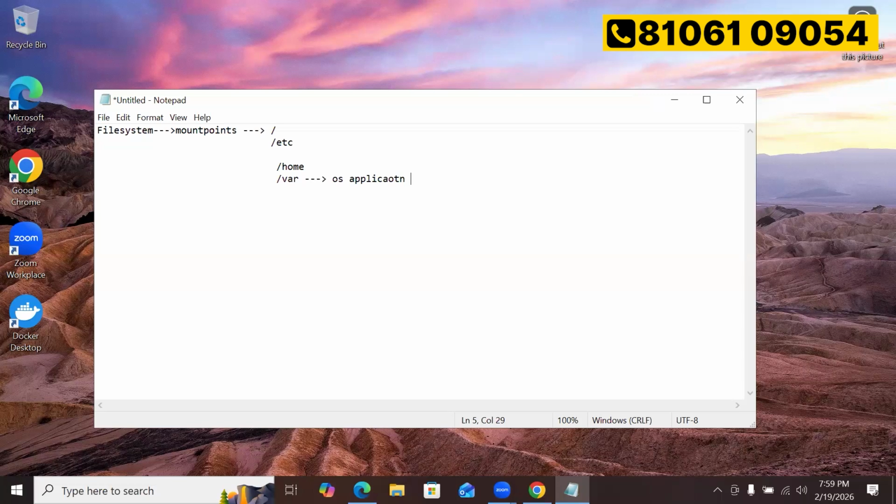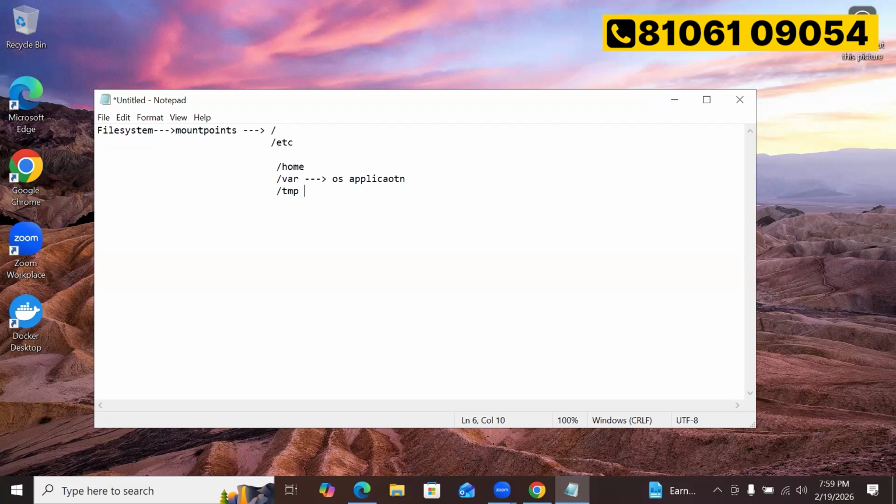All the logs are kept in the var directory. People call them variable files, or log files, like OS logs, application logs, security logs. We also have directories like tmp.